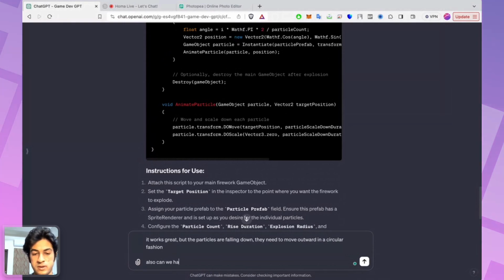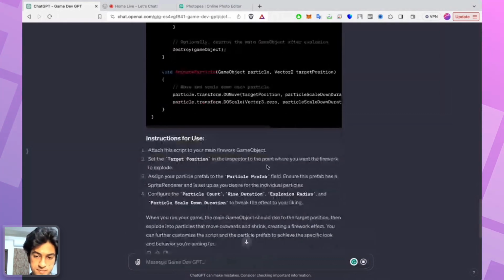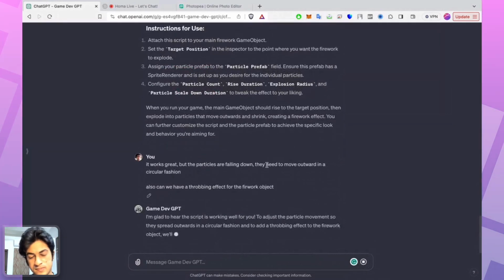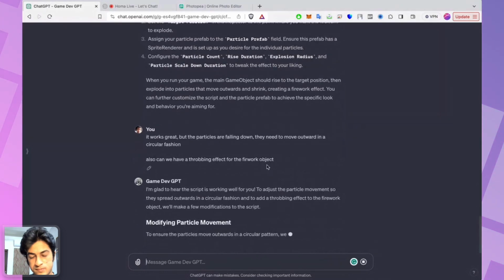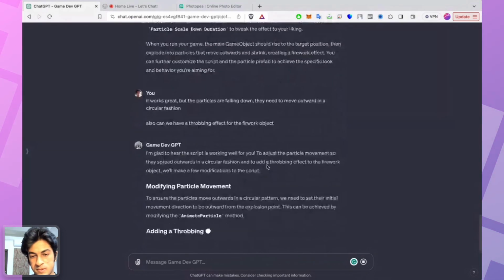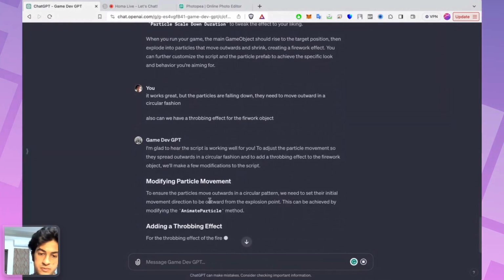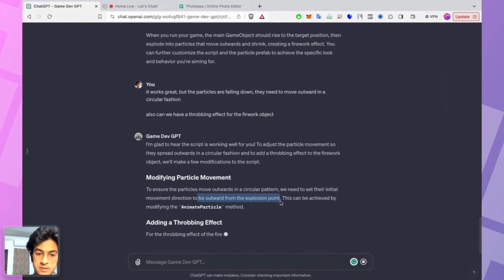Also, can we have a throbbing effect for the firework object? To ensure that, we need to set the initial movement outward from the explosion point. Okay.